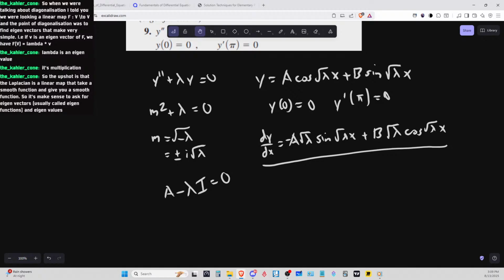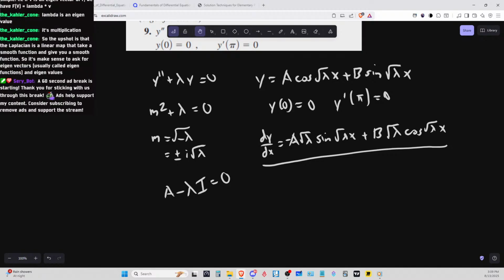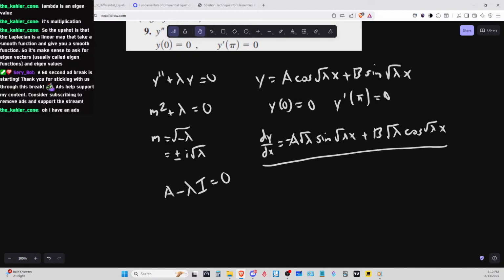So the upshot is that the Laplacian is a linear map that takes a smooth function and gives you a smooth function. So it makes sense to ask for the eigenvectors, usually called the eigenfunctions, and eigenvalues. Yeah, right now I'm just trying to figure out how I can start to get the eigenvalues. So maybe